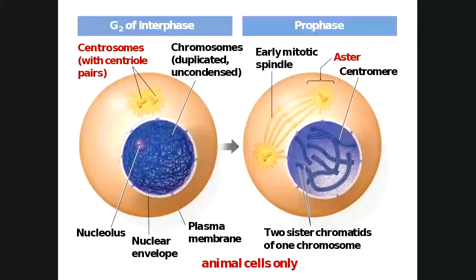And a cell in interphase, on the left-hand side during G2, right before it's getting ready to divide, is going to look like what you see on the left. The chromosomes are duplicated. They're in the process of condensing. It says they're uncondensed right now, but they're going to be. Remember, this is all happening dynamically. During the S phase, they start to copy and they start to condense. In the G2 phase, they're still copying and condensing. They're going to be finished at the end of G2, but it is going to still happen. Mother Nature is very efficient. Lots of things are going on at the same time.